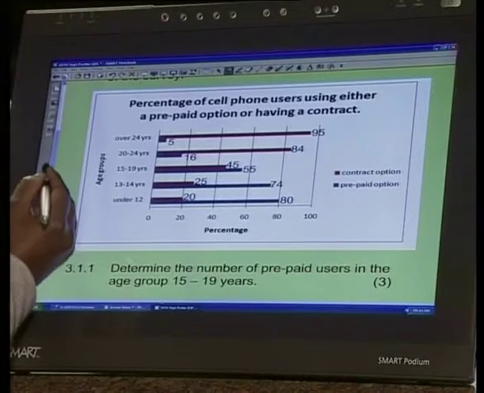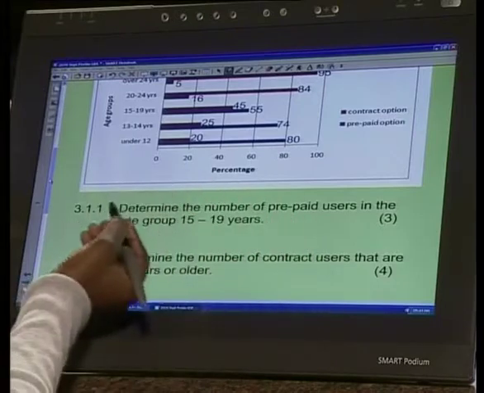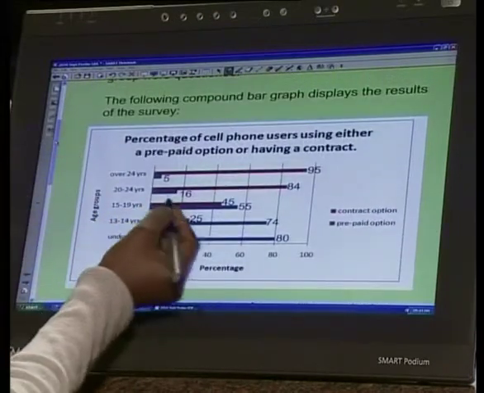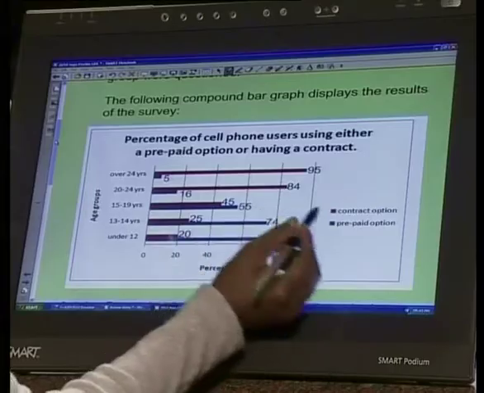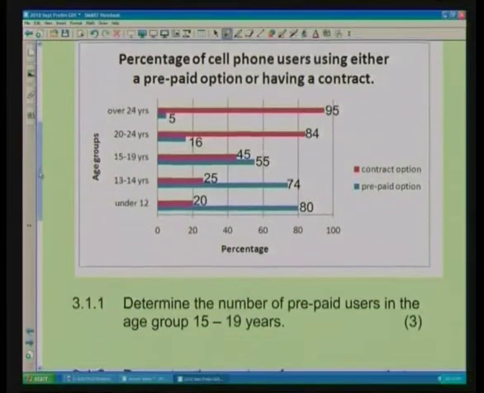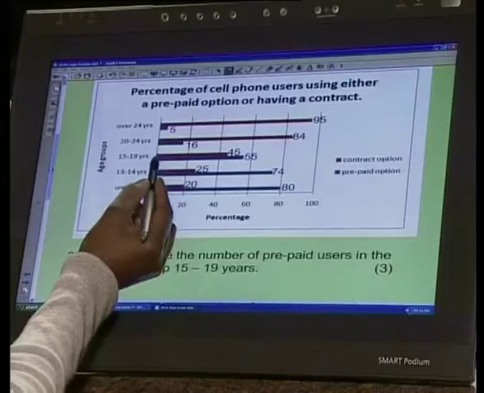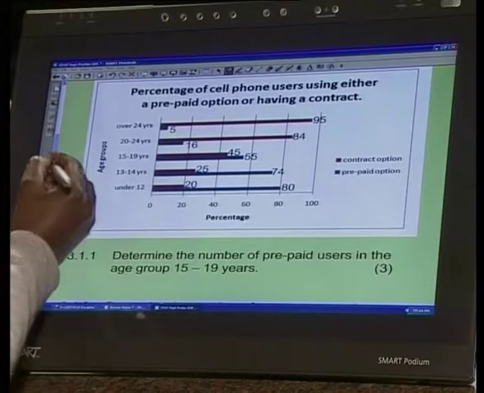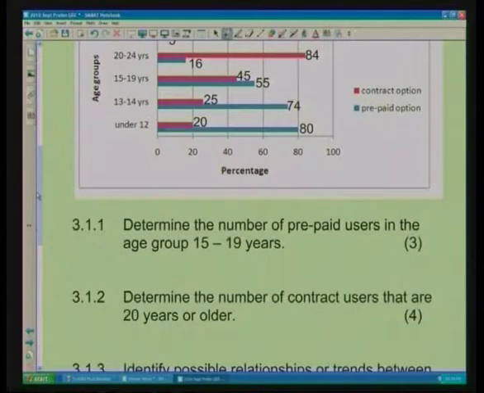To approach this question, you will simply say, prepaid. Now you have been given something that is very important here. If you look into your graph, you have what we call the key. This darker side is the contract option, and we've got the prepaid. Because we'll be dealing with 15 to 19 years, you'll say, my prepaid. So where do you go in the 15 to 19? There you are, 55%. How do you approach it? Very simple. You simply say, 15 to 19, here you are. This is the 55. Then you say, 55%